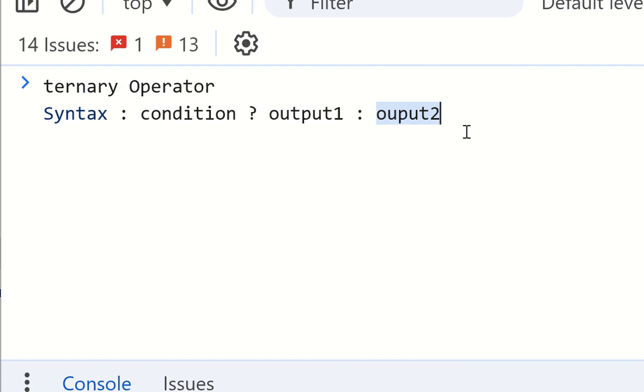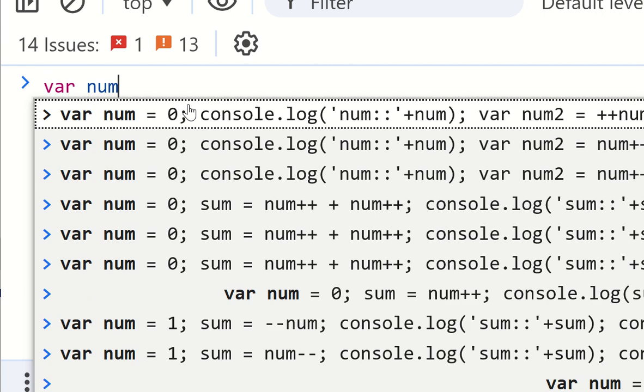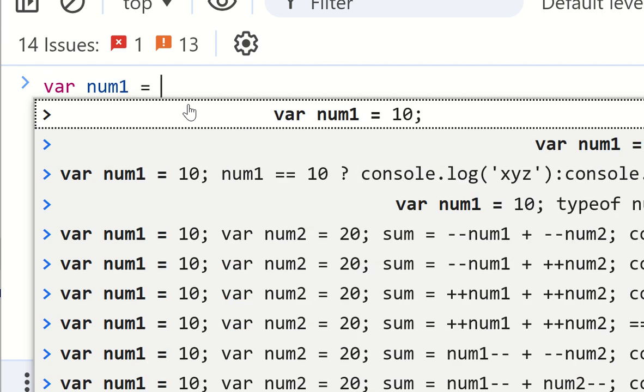And why we use the ternary operator is basically to replace the if block, the if statement, if-else statement. Suppose you want to write the same thing. Here let's clear. Here number1 is equal to 10.